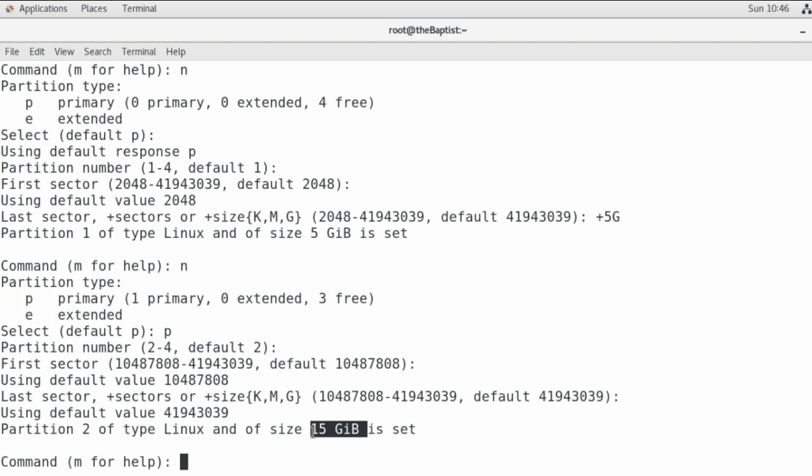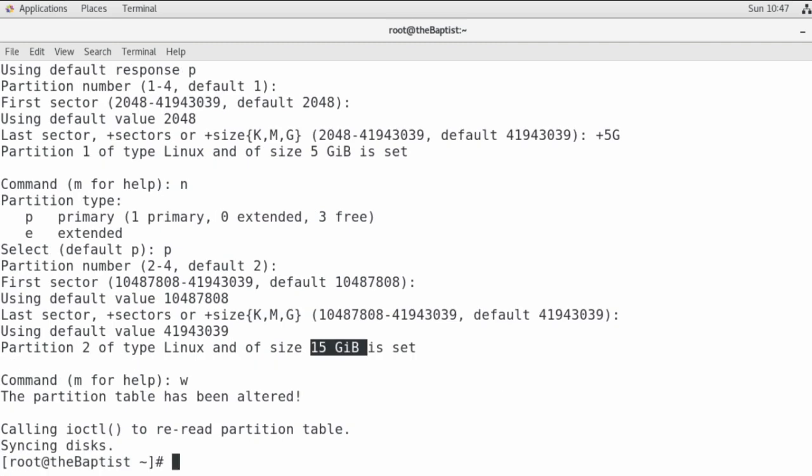So I hope you understand this. The first partition is of 5 GB. So I gave the first sector's default and I gave just the last sector size, that is 5 GB. Because the whole hard disk is having 20 GB size, the second partition is by default coming as 15 GB. So that is fine. So now we need to save this configuration, and for that you can press W, that is a command for writing, and press enter. So everything is done. The partition table has been altered. You can see the partition table has been altered and it is okay.